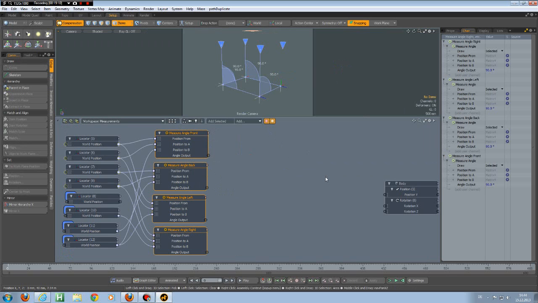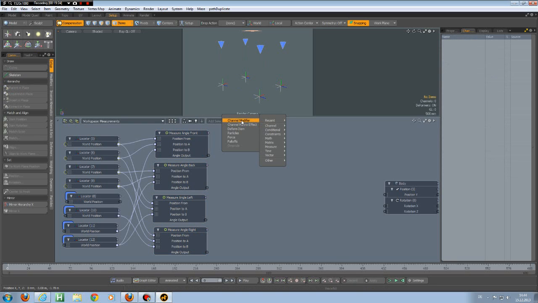So first of all, we only need the average of the front and the back and the average between left and right for our rotations. So we add a math modifier, basic math average,